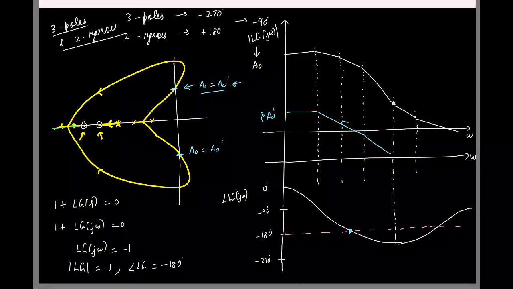Here I am making sure that for some value of A0 prime, the phase is minus 180 and the gain is 1. So I see that I have another point here where A0 is some A0 double prime, where this happens again. The phase goes to minus 180 once again at this point. At this point, let's say the gain is okay. Let me modify it so that